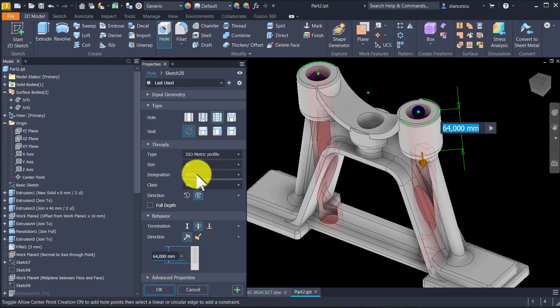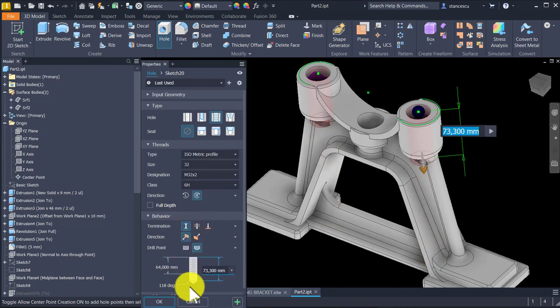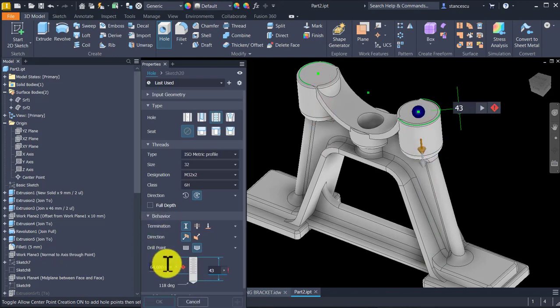The pitch, the normal pitch is 2 millimeters, and on a distance of 43 with the thread of 40 for both. Okay,